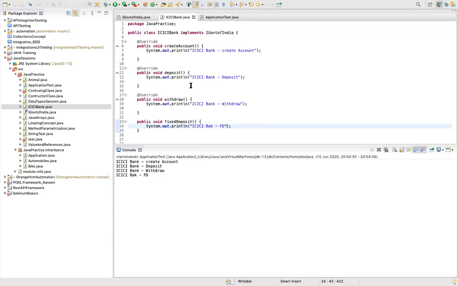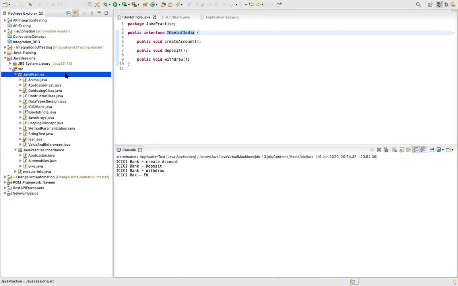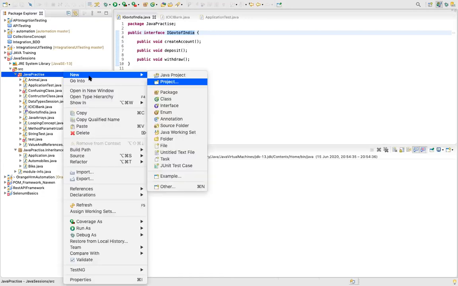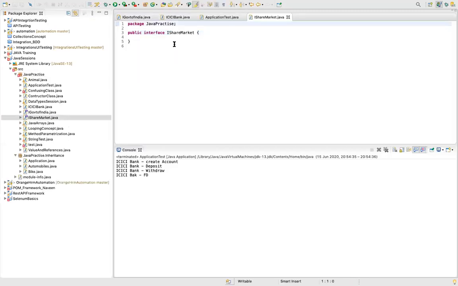So what SEBI will do is create a new interface, IShareMarket. So even SEBI will define their own rules. If you want to give your customer the feasibility of share market, then you should implement these particular rules.